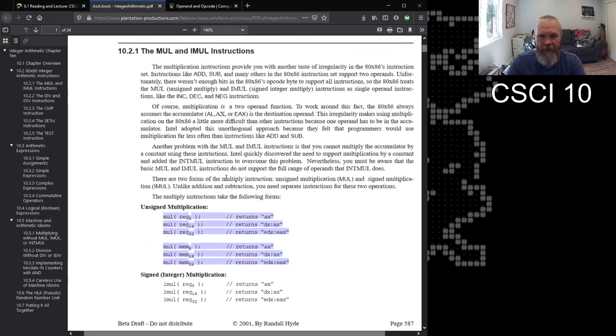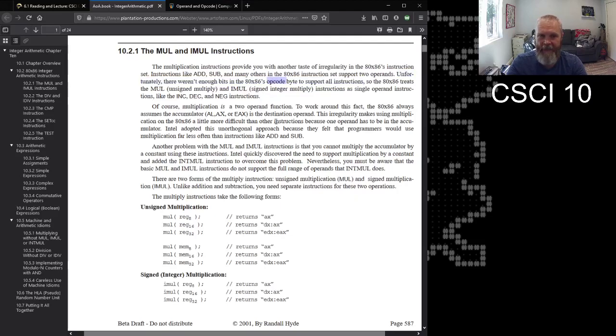Now let me cover the opcode bit so we can get to the more practical stuff, like, okay, what do I actually need to know to do the lab? This is just informational, and then we'll look in a second at what I actually need to know for the lab. Okay, there's a reference right here. Unfortunately, it says, when Intel went to implement a multiply instruction, they didn't have enough bits in their opcode to add these new instructions.